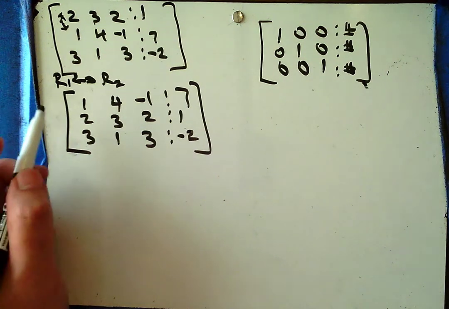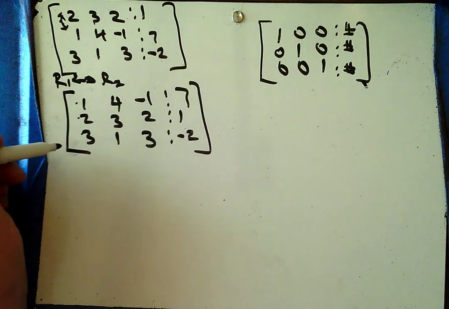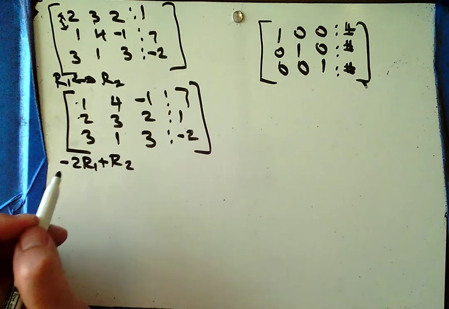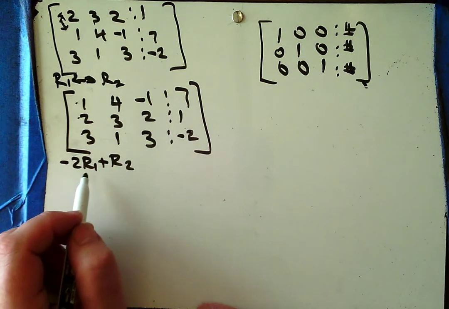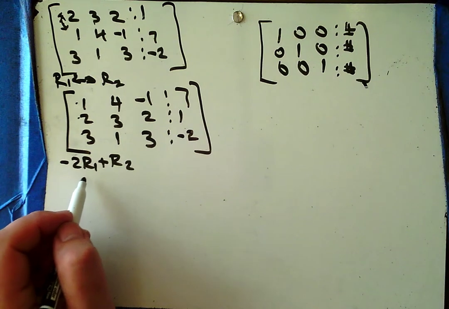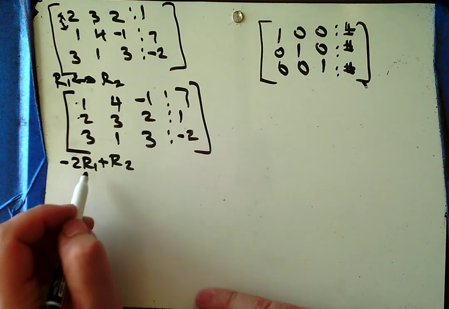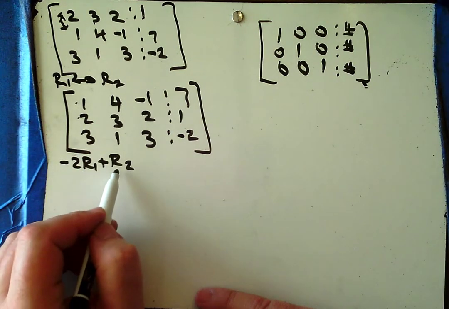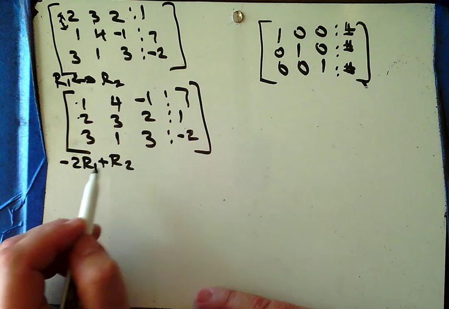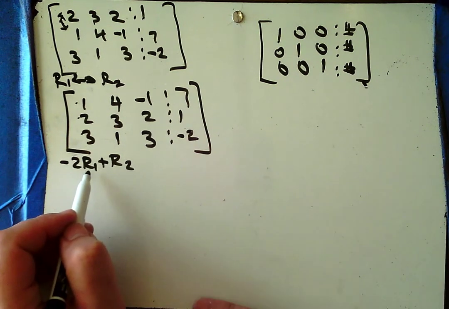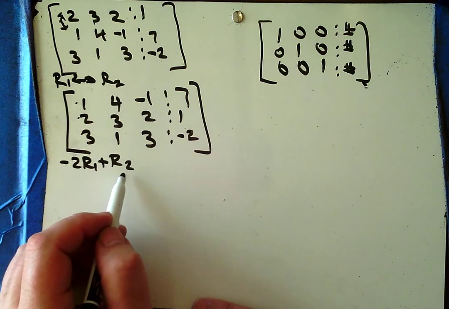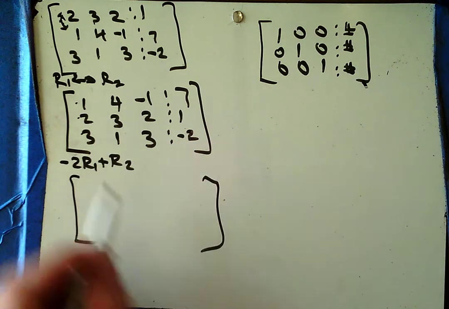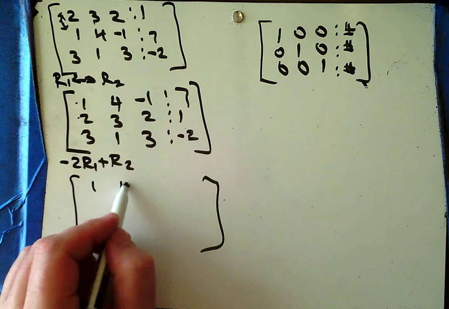Okay, next. I have to use this to turn these into zeros. So I'm going to do -2 row 1 plus row 2. Now, this is kind of like the Hulk. It temporarily changes row 1. And then that temporarily changed row 1, Bruce Banner turns into the Hulk, has an effect or impact on row 2. Row 1 goes back to being Bruce Banner row 1, but row 2, that car is forever changed by the encounter. So what's going to happen here is this row will end up being the same,